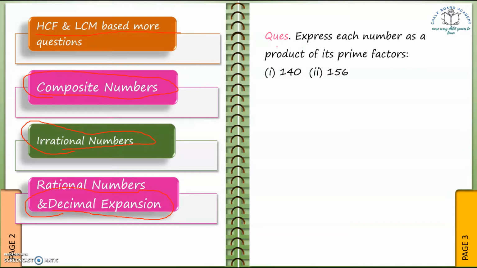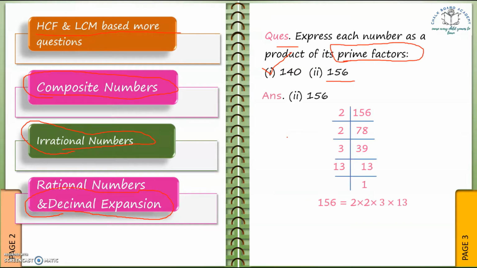At the very first we will begin with the questions which we discussed in the previous video. In this question I have already told you about the first part. Now we are going to do the second part. So here we are just calculating the prime factors of this number, that is 156. Let's see how we have to do it. We have the number 156. The last digit here is 6, which is even, so we can divide it by 2. When we divide it by 2, we get the quotient 78. Again it is even, so we can again divide it by 2. Now we have got an odd number.